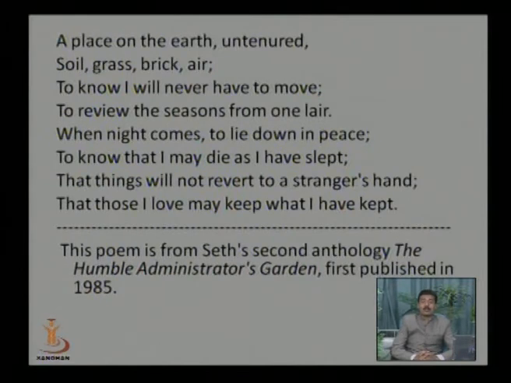And so many of us must have seen or experienced certain feelings and emotions. What happens if the moment house owners ask us to vacate their house, we are not prepared, we have to find a new place, we don't know where we will go. And all such kind of move, the word called move, has been introduced here by the poem. I know I will never have to move means the movement,